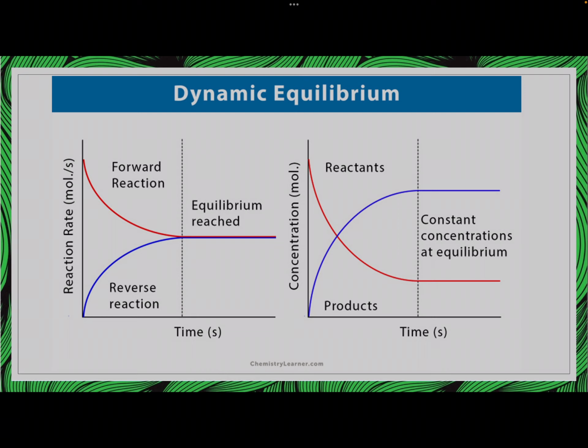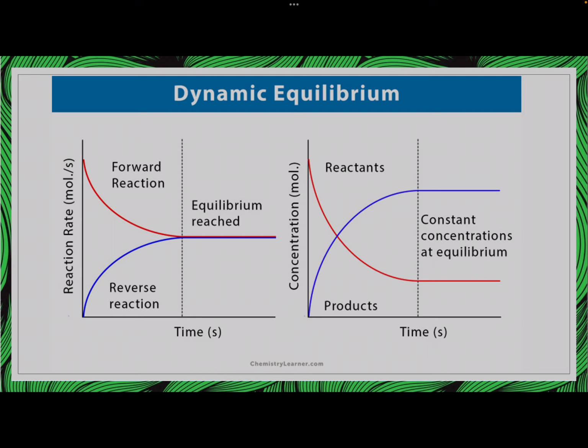So here's an example. We've got reaction rate versus time in our first graph. We can see that we've just put in reactants. There's no products at the start. So the forward reaction starts to occur, and it produces some products. Those products then react and start to form reactants. But because of the mismatching concentrations, we get a large amount of the forward reaction happening, very little of the reverse. As time goes on,